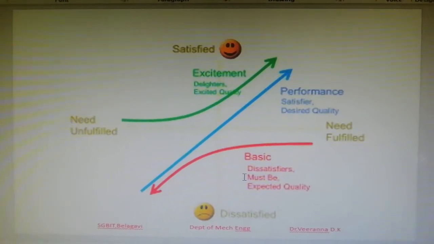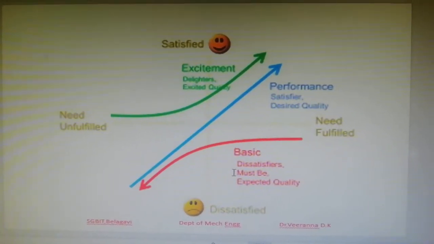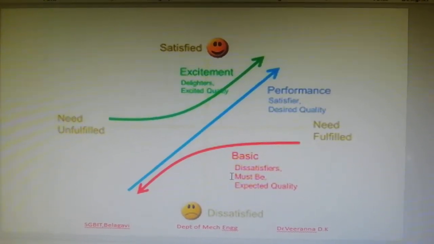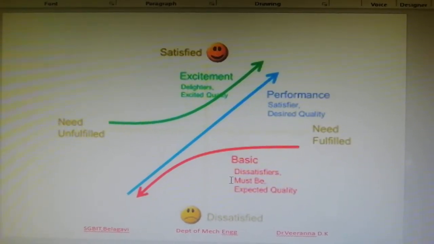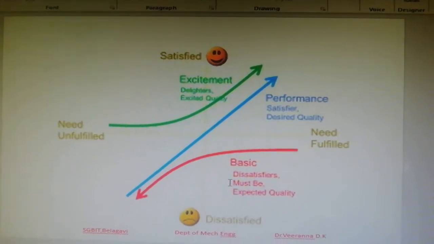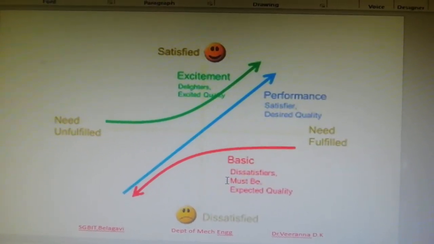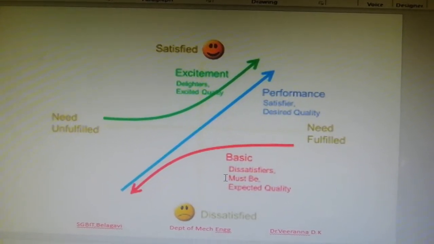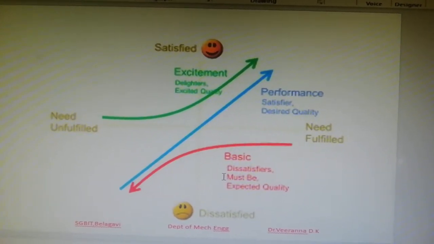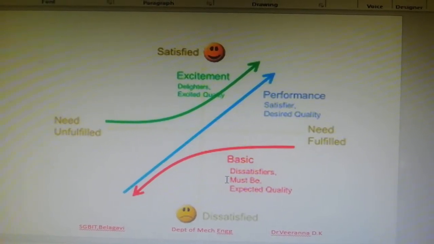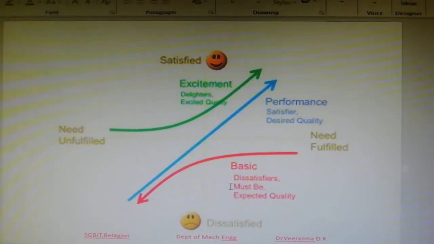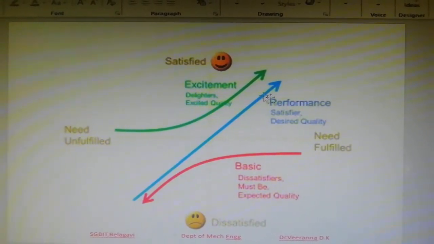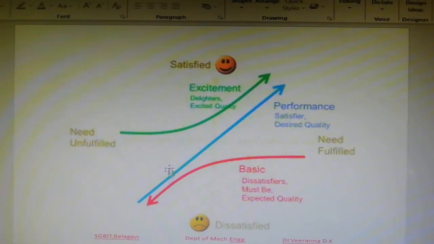You can see the x axis goes from the left-hand side, need unfulfilled, to need fulfilled. This is how the horizontal axis works, from the company point of view. From the customer point of view, see the vertical line, from the bottom it goes from dissatisfaction to satisfaction. There are three lines with different colors, and there are four quadrants also. You can see the top corner, this is the cursor. This is the first quadrant, this is the second quadrant, this is the third quadrant, and this